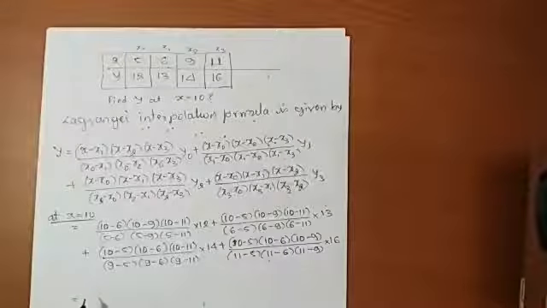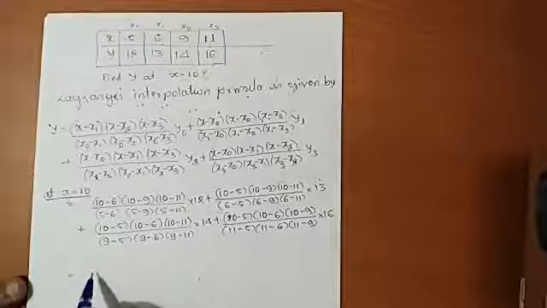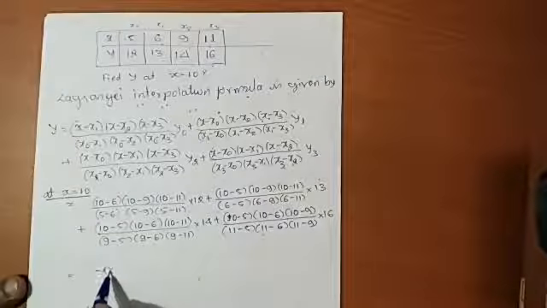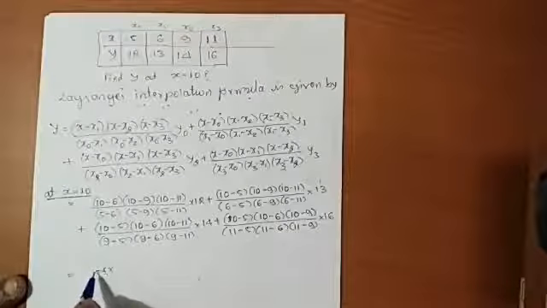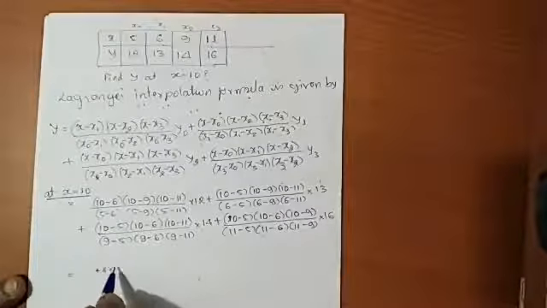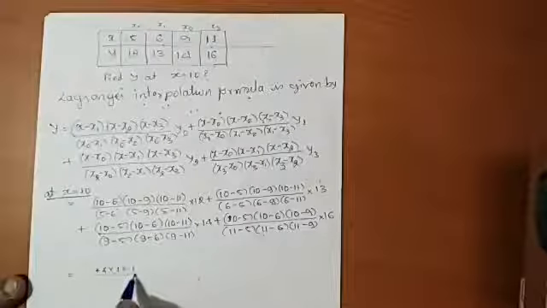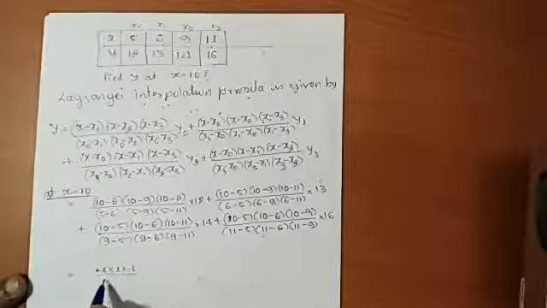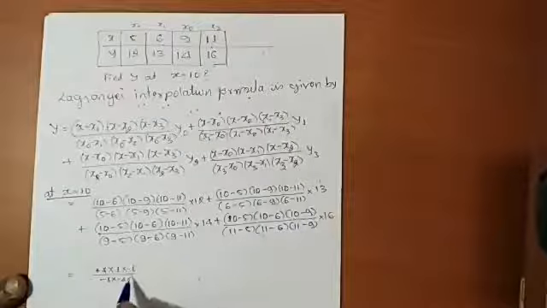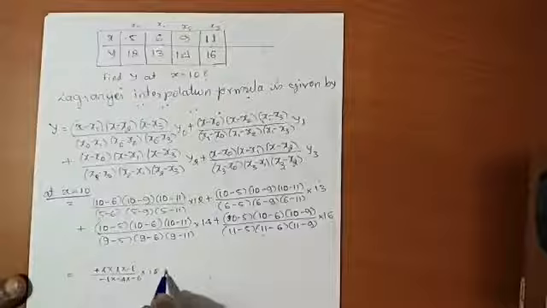So I get the value as minus 4 into 1 into minus 1 divided by minus 1 into 4 minus 4 into minus 6 times 12, plus